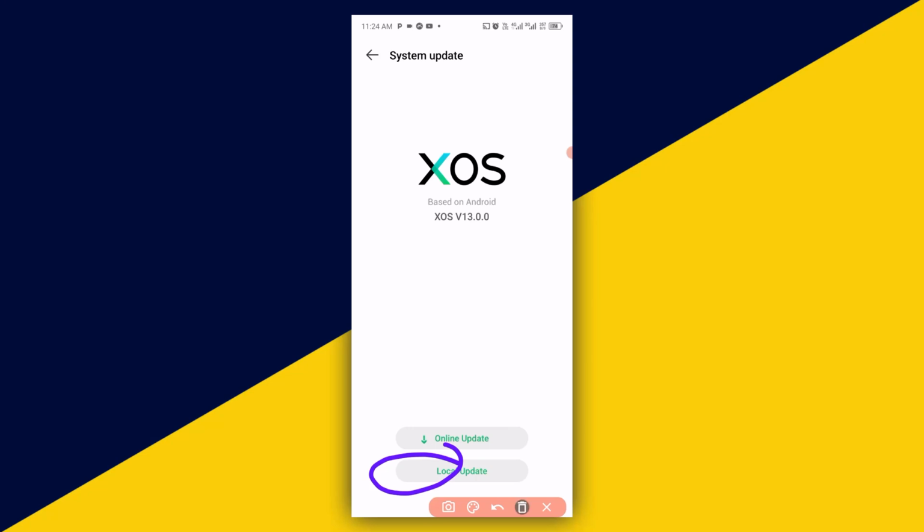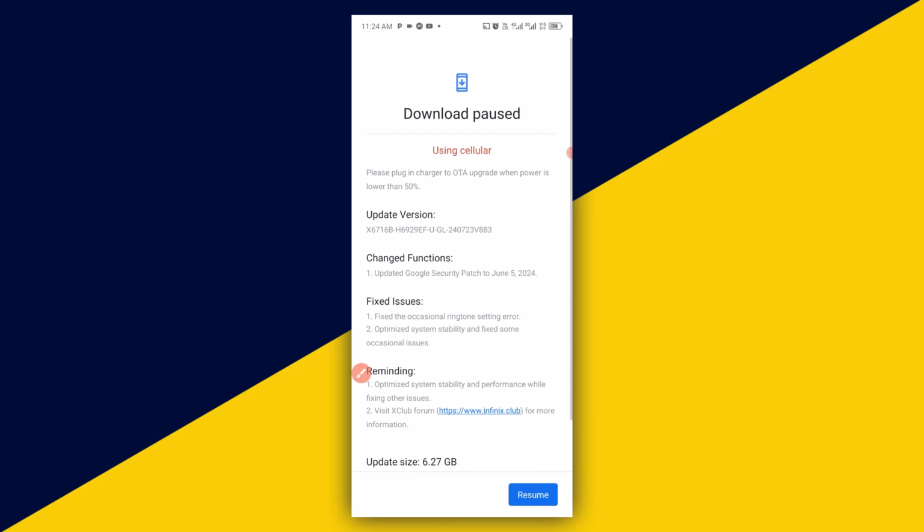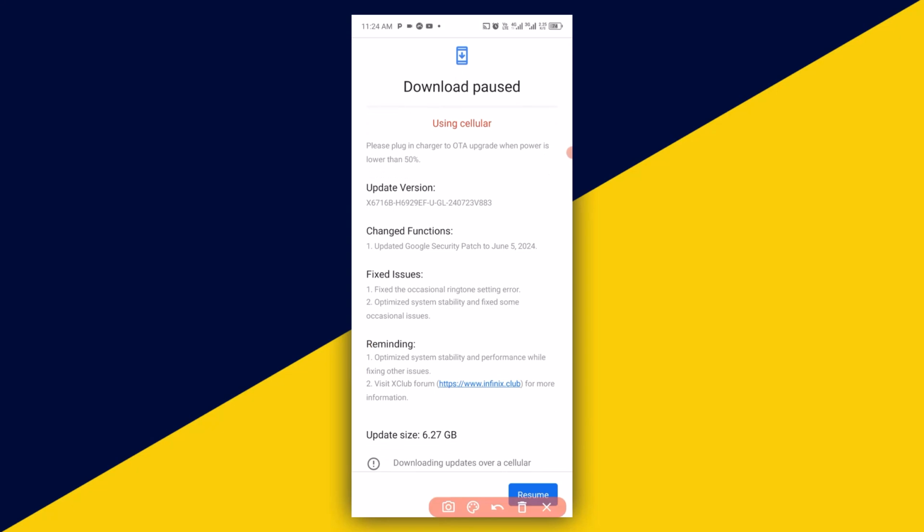Now there are two options for update. We have online update and local update. So in my own case, I'm going to choose online update. Then the next thing I'm going to do is to simply click on continue. Just like so. Now download this particular update and this will give you some of the latest update version of